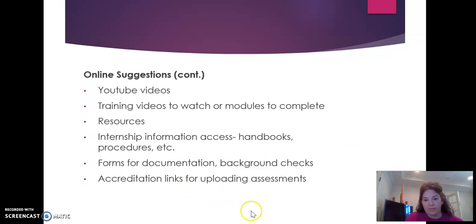And then any external links or anything that you need for accreditation or however your university gathers data is obviously something that lends itself to the online